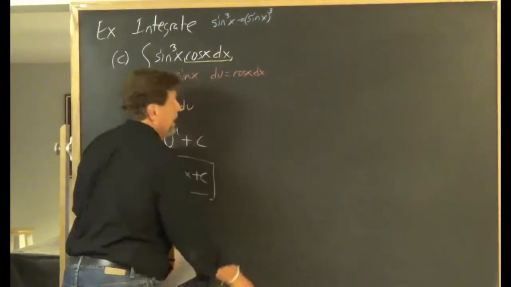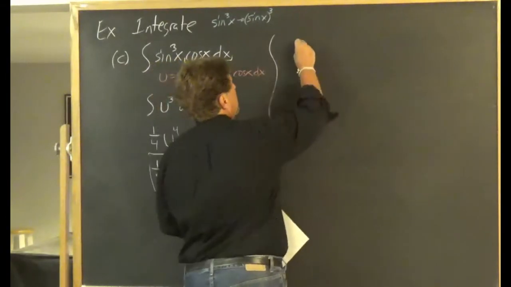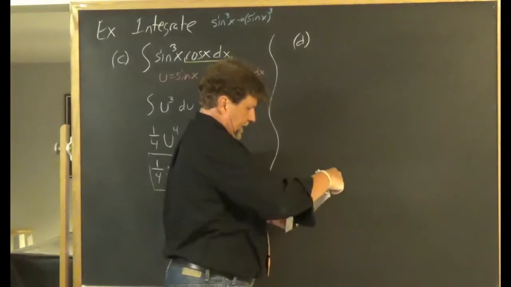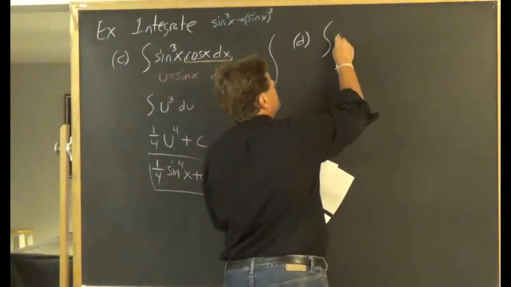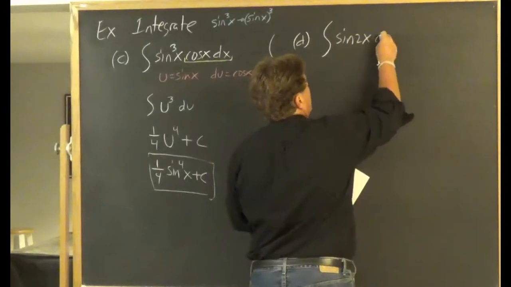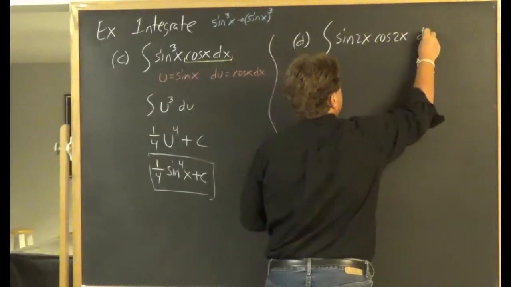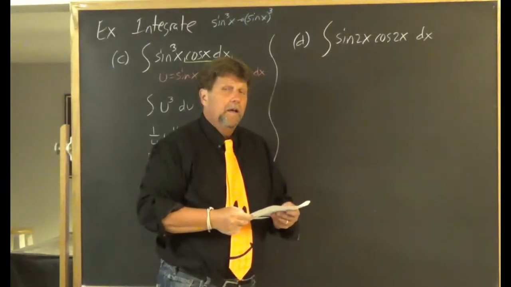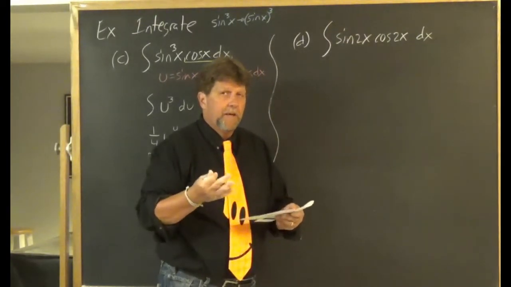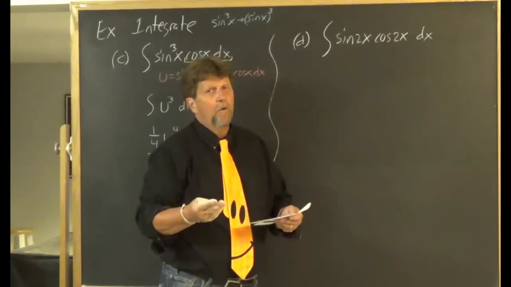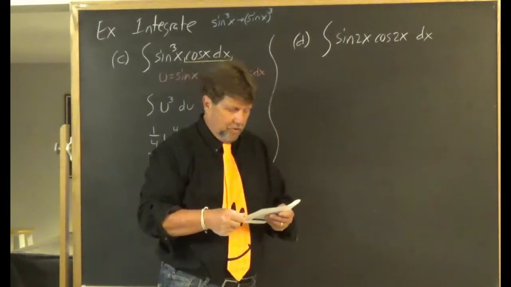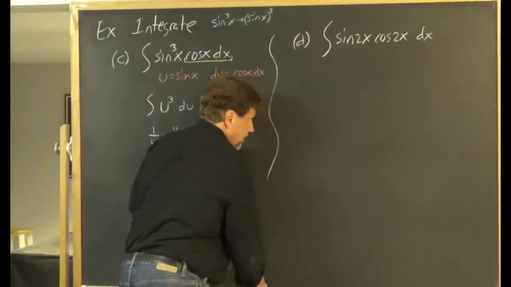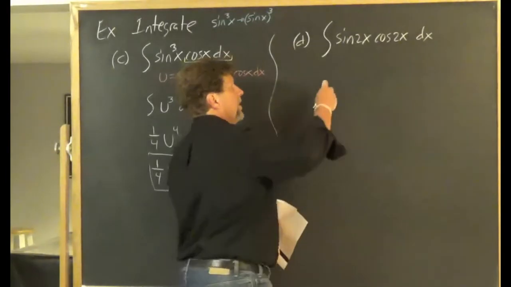So D, see, part D was integrating sine 2x cosine 2x dx. Okay, I can think of 3 ways to do this one. Actually I can think of 4 ways to do it, but let's just talk about 2 of them. So here's how I'd start off. I'm going to do this 2 different ways. So let me start off by saying,